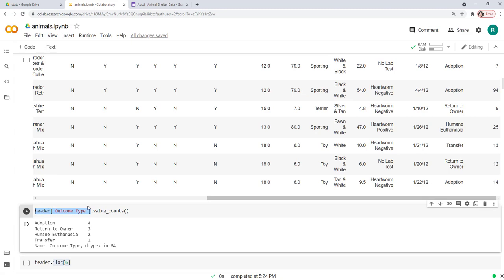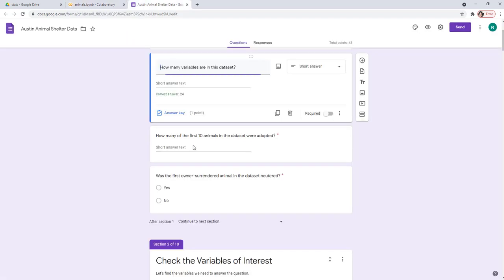To extract a column, we know that we need a square bracket, and we give the field name here, and then we put a dot value here. There are certain methods which are described here. So we use the value_counts method. Here it tells me all the kinds of different values that this assumes and the number taken by each value. For adoption, you can see there are 4 values. So the answer will be 4 here.